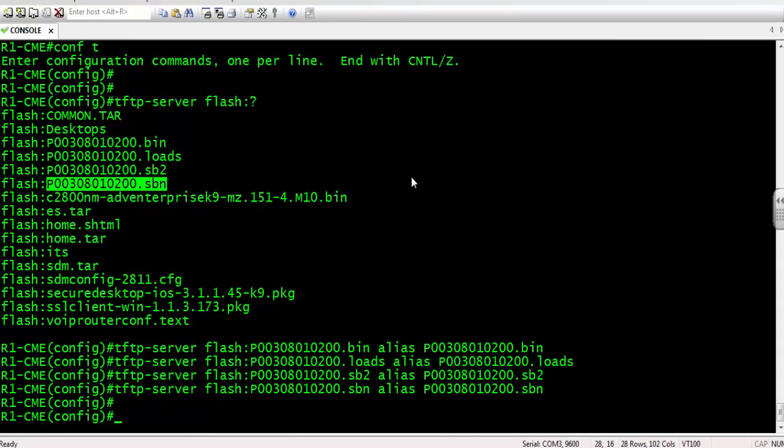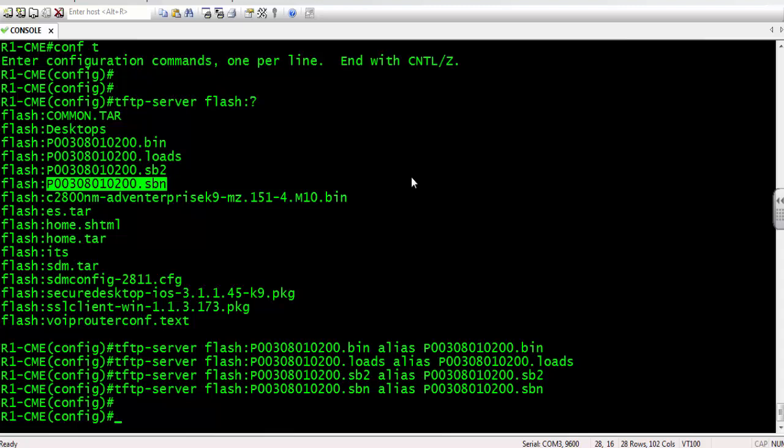Okay, that's it. We already copied and placed in this TFTP server those 4 file names, .bin, .loads, .sb2 and .sbn,